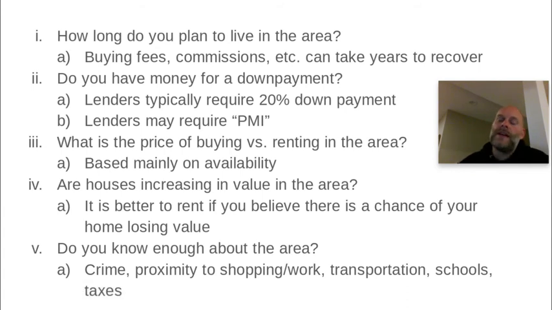What are taxes like? Taxes are a huge factor. Some towns, for example, when we lived in Braintree, we had a nice home, but they had a huge commercial tax base. There was a big mall, so a lot of businesses were paying a lot of taxes. Our annual taxes were around $4,000, which is not that much. However, here in Grafton, it's closer to $10,000. So that's huge. That's a $6,000 difference over one year, another $200 a month. So you've got to keep these things in mind as well.